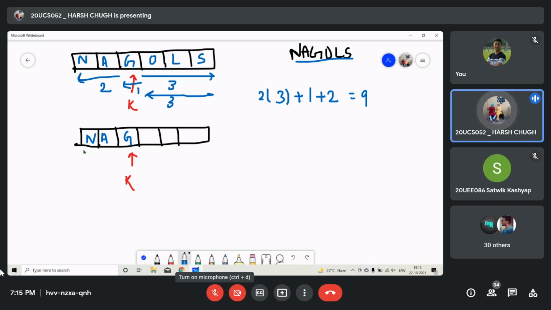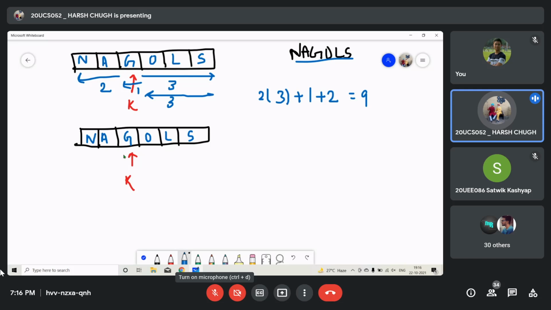Now we are done with this left part, but this part is still empty, so we have to come to the right to write letters on that position. So we will move right, again we will move right until we reach that square. Now we reach that square, we will print the letter on that position. Again we will move right, we will print the letter on that position. Again we will move right and print the letter on that position. Now we are done with the string, we have completed our task.